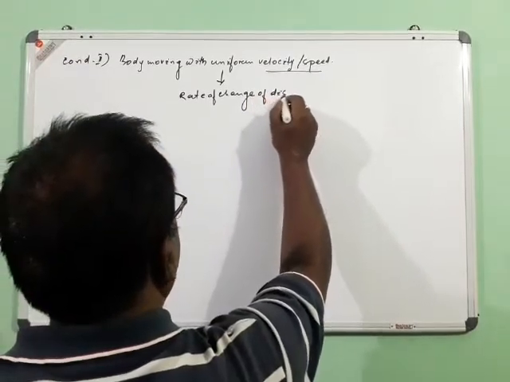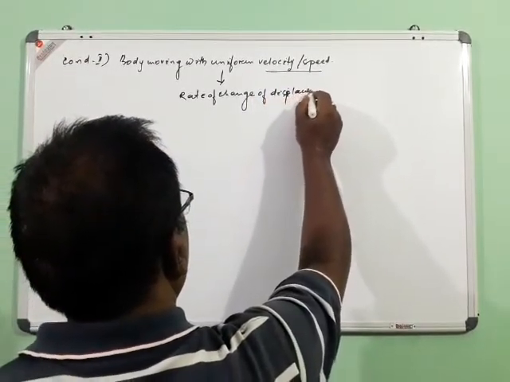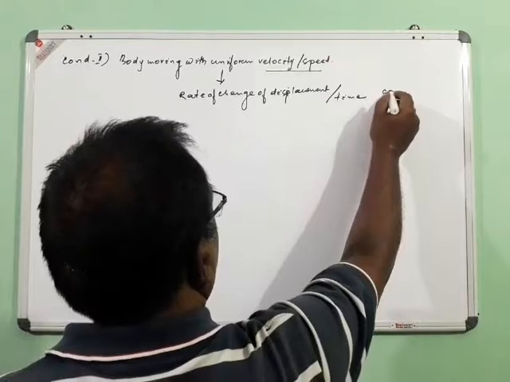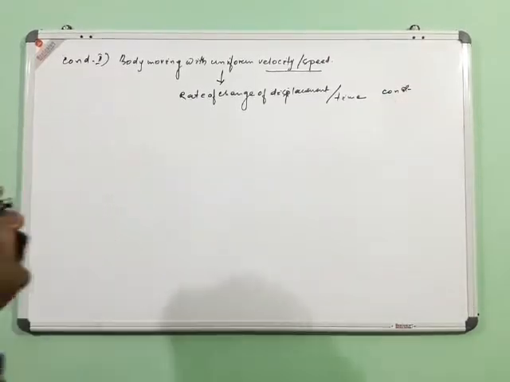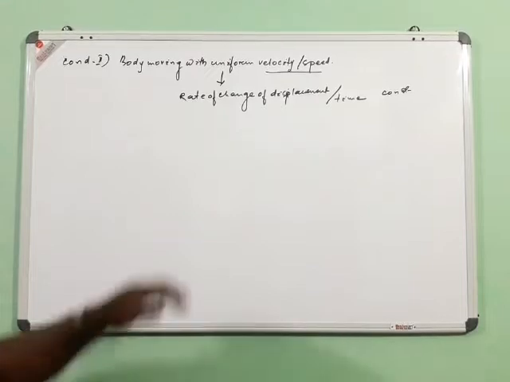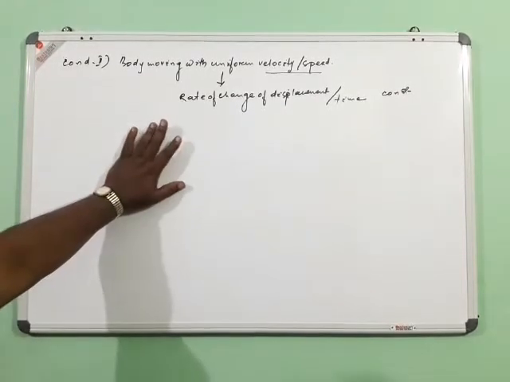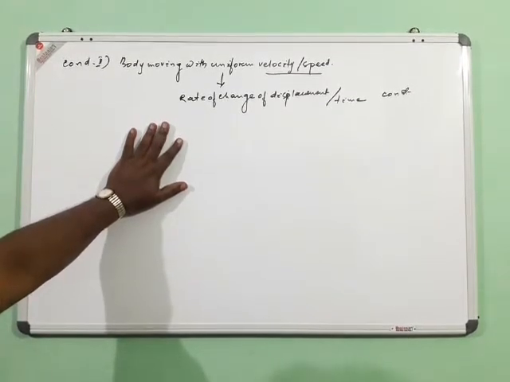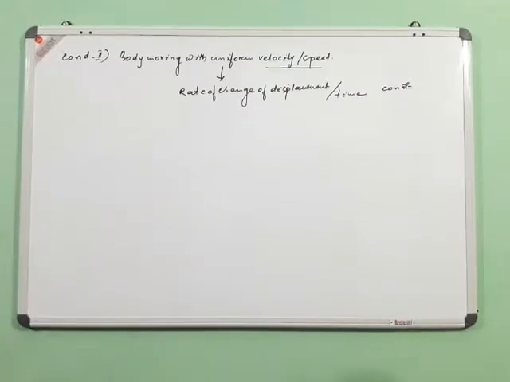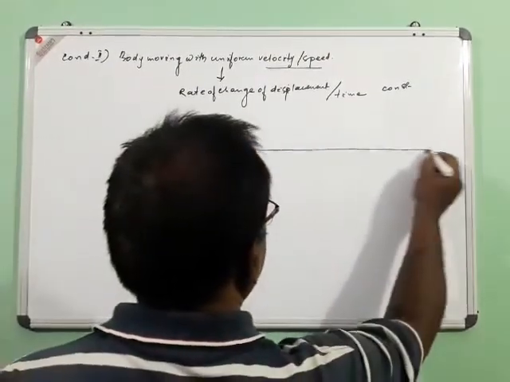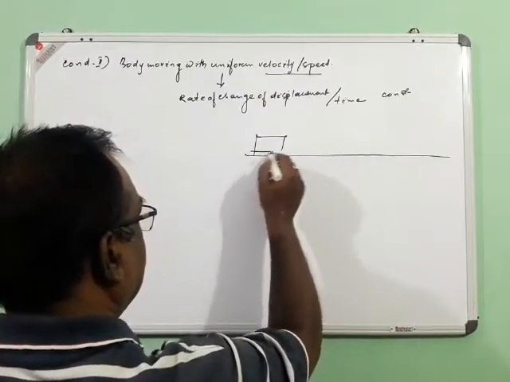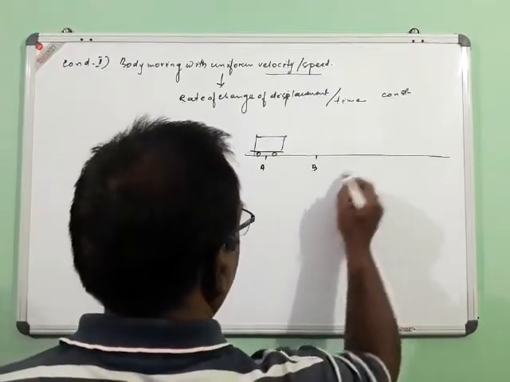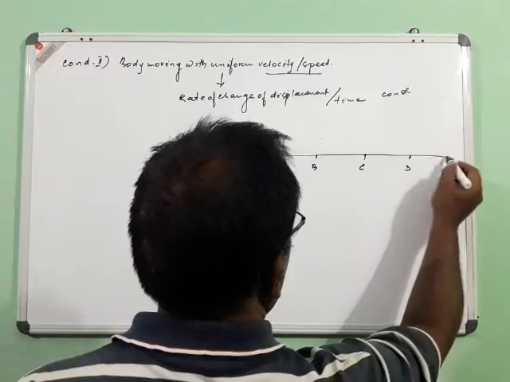of distance or displacement with respect to time remains constant. Remember. So when we say the body is moving with uniform velocity, then the change of displacement with respect to a particular time will remain constant for the last part of the journey. Now let us consider a case where the object which was at rest at A goes to B, C, D, E onwards.